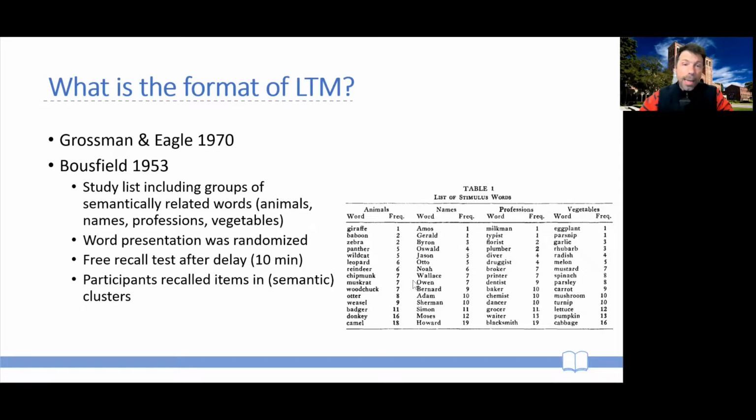So maybe they would say zebra, and then, oh yeah, wildcat, leopard, reindeer, chipmunk. Then Adam, Oswald, Johnson, Otto, Wallace, and then the typist. Also milkman and florist and plumber. They would recall